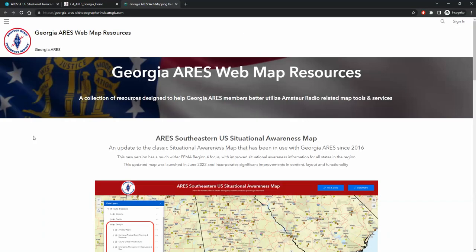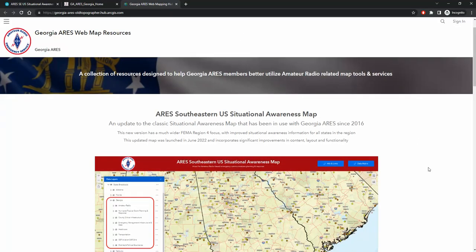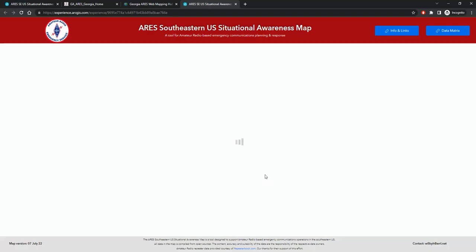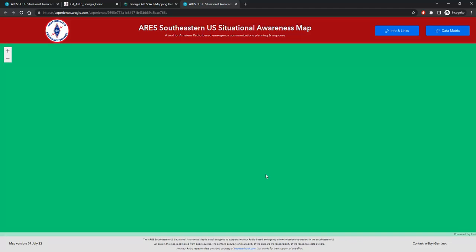If you click the link, it doesn't take you directly to the map. It takes you to an intermediate splash page, but you can just click the map icon at the top of the page and the map will open. Now, once you do this,